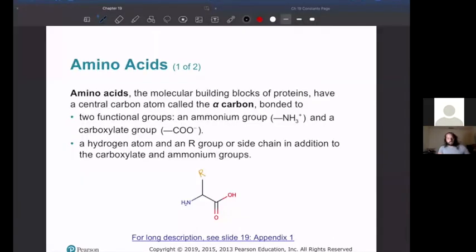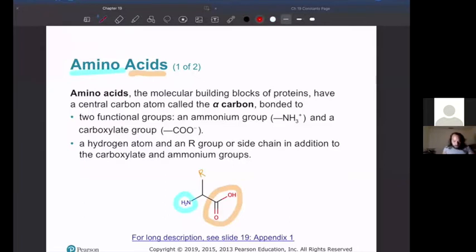All right, so let's take a look at the anatomy of an amino acid. They all share the same basic features, which is, if we just pick apart the name here, amino, because they have an amine group, and acid, because they have a carboxylic acid group. I'm going to clarify in a second, fib on this a little bit, but that's the basis of where the name comes from.